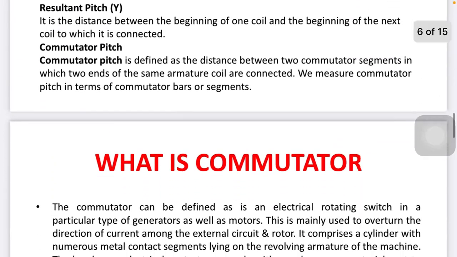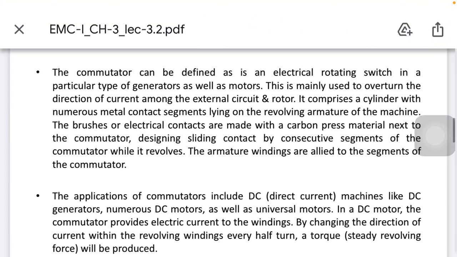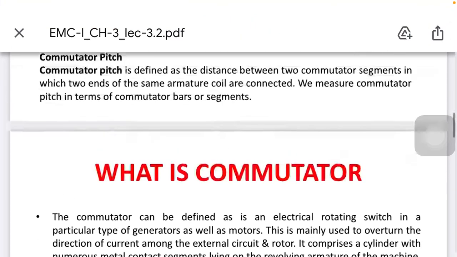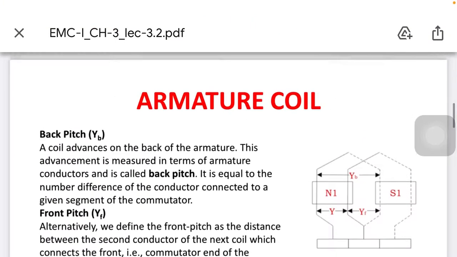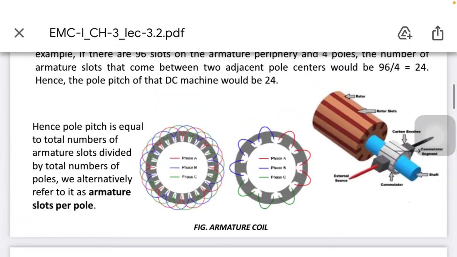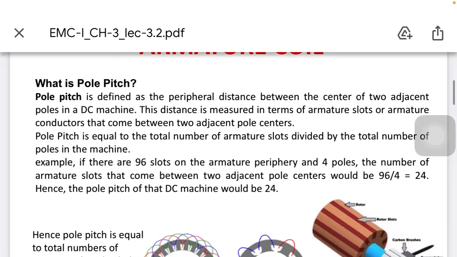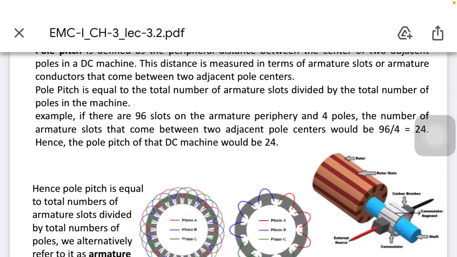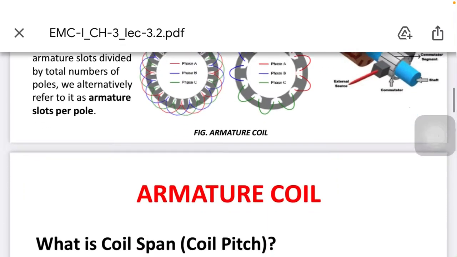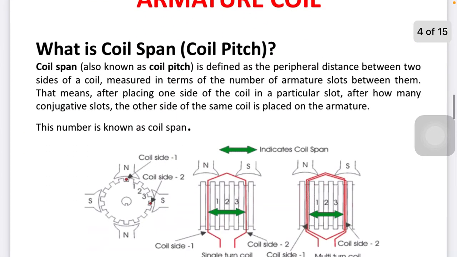Now commutator. So we already discussed the most important thing, that is the coil pitch. Before that, pole pitch. What is pole pitch? Armature slots per pole, that is called the pole pitch. Coil span is the distance between the peripheral ends of the coil, that is called the coil span